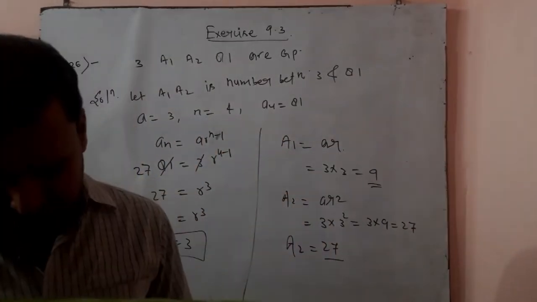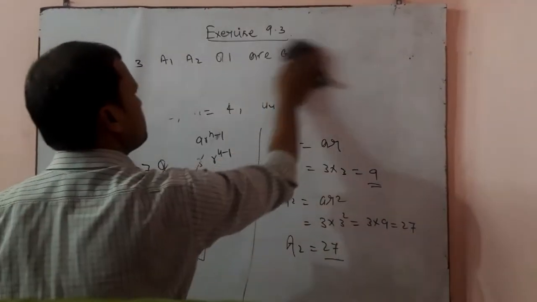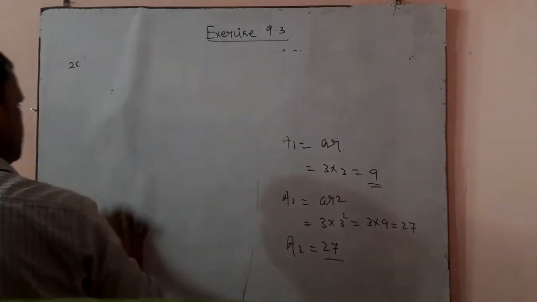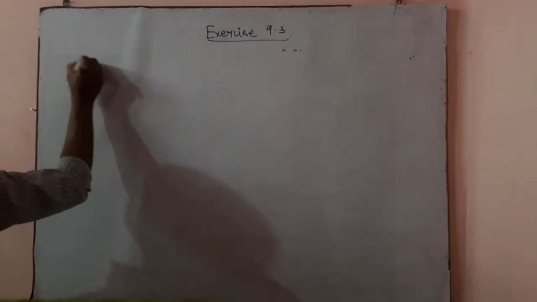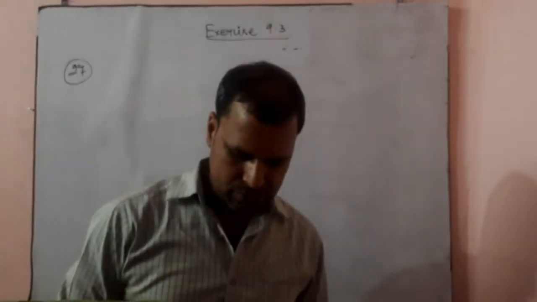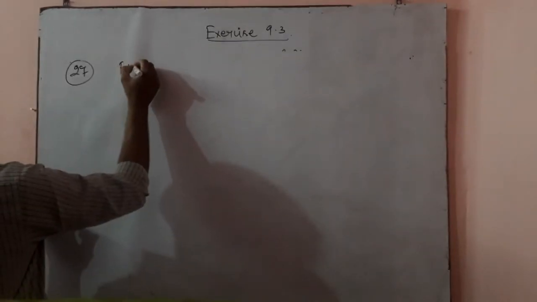Now see one more question. Question number 27 is, find the value of n so that